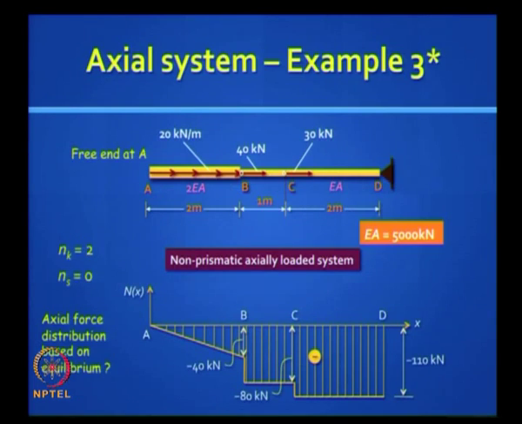Okay, good, wonderful. Now the next question is, in the stiffness method you will get displacements at A and B definitely, right? How do you get those displacements using the force method? With whatever little you have learnt, we did a review. How do you find the displacement? You apply unit load, principle of virtual work, right? Let us say I want the displacement at the free end at A,